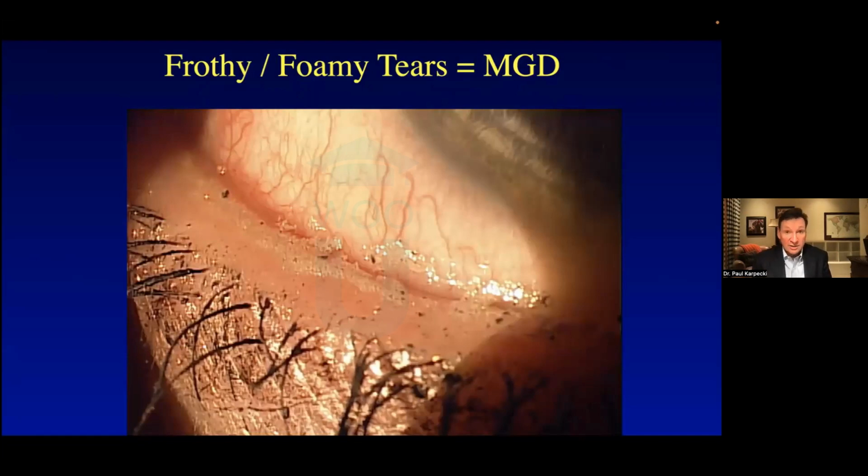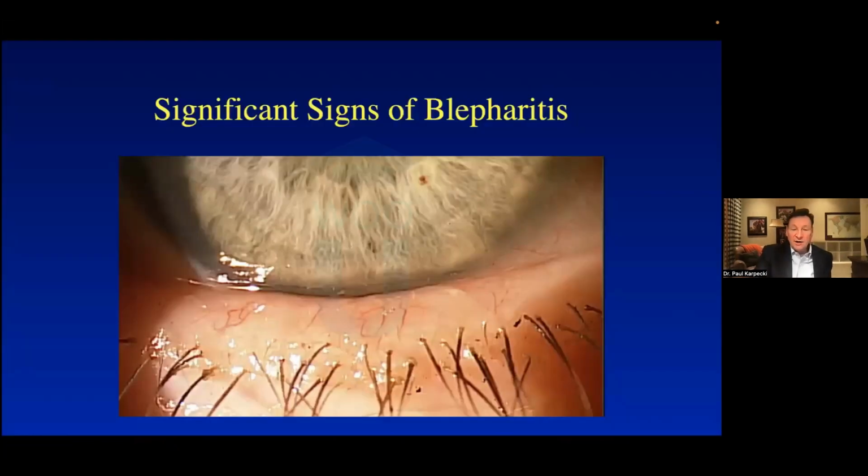It's probably also why these patients complain about burning and stinging and redness. That's what I would complain about if I had soap in my eyes too. So early diagnosis sometimes is as easy as looking for frothy tear film. That's usually an earlier form of MGD. Now, what about a more, not advanced, but a more chronic form, one that's been around a long time?